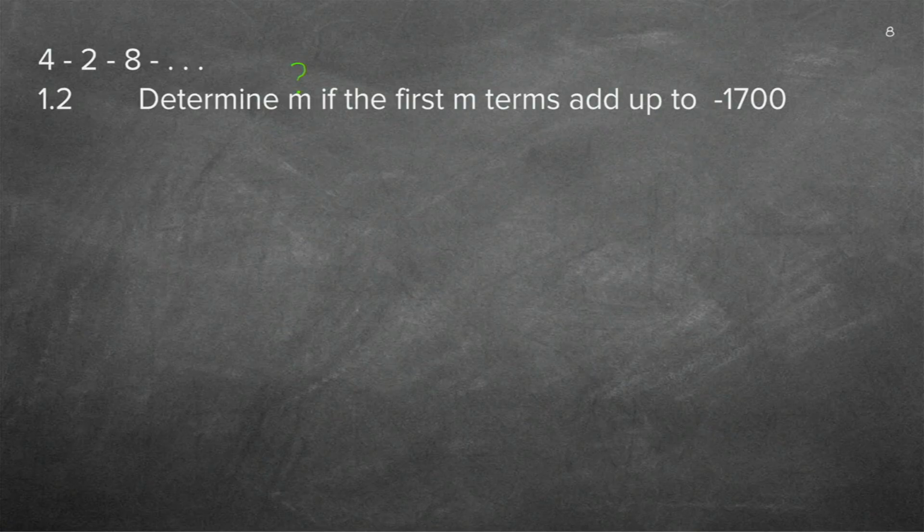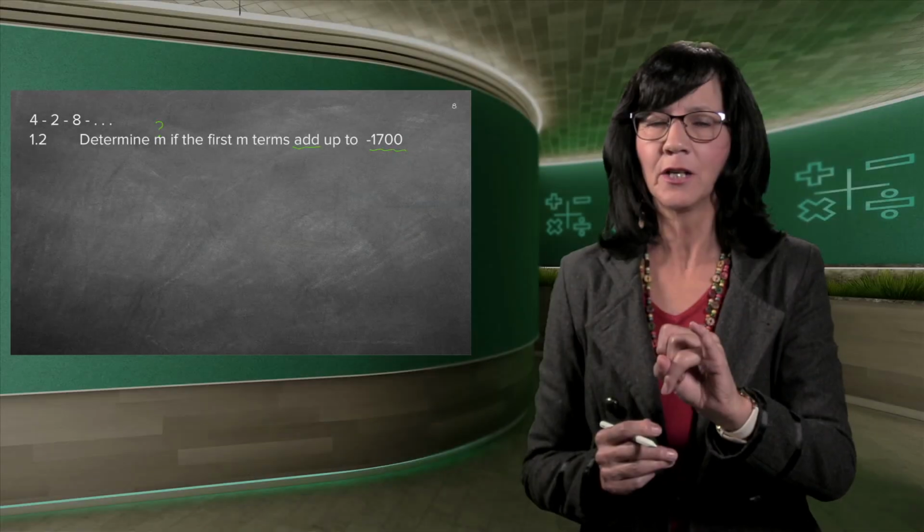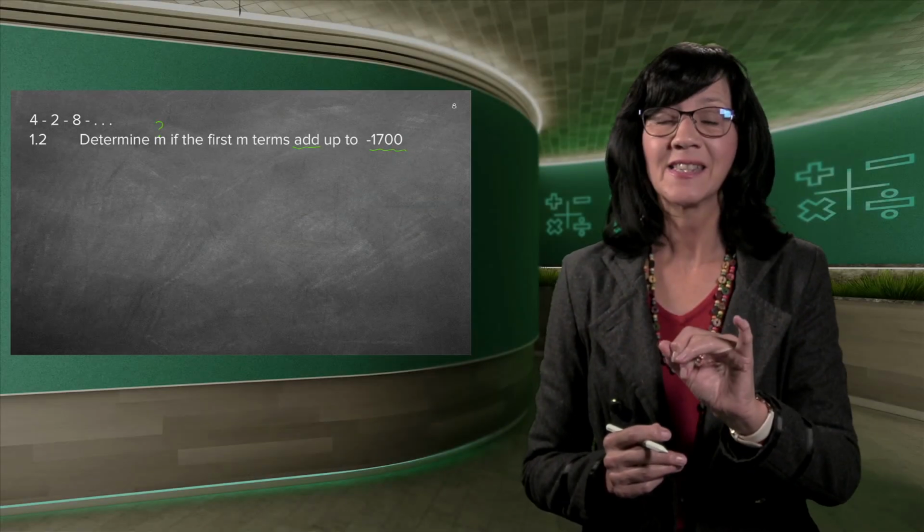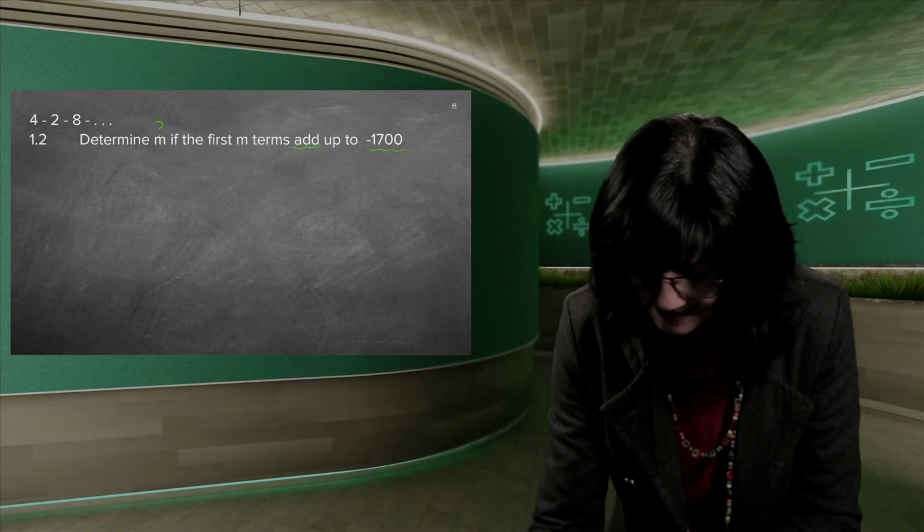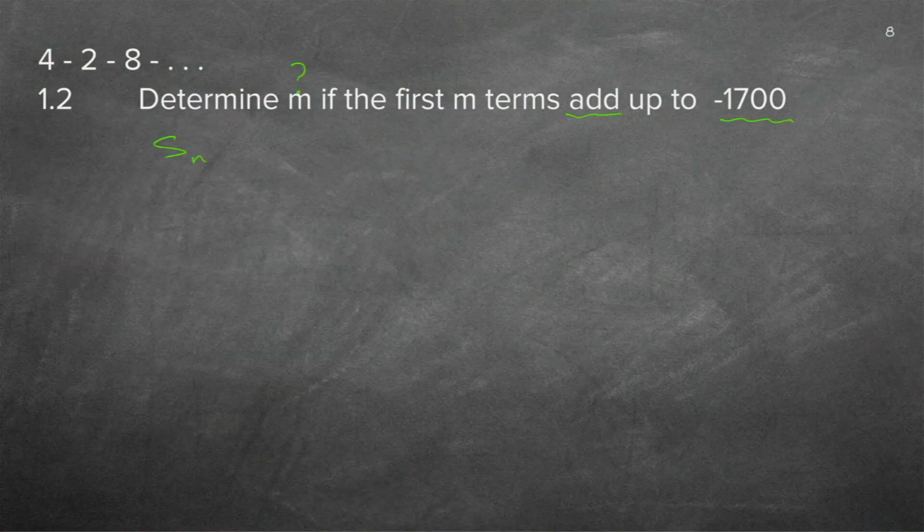That means, how many terms add up to minus 1,700? Add up. Is that the term itself? Did they give me a term that is equal to minus 1,700? No. They said add up to. So they gave me the sum. Did they tell me what the last term is? No. So in this case, I can't use that small easy one, n over 2 (a plus l), because I haven't got a clue what the last term is. I just want to know what the sum of all of them is, because remember, they said add up to.